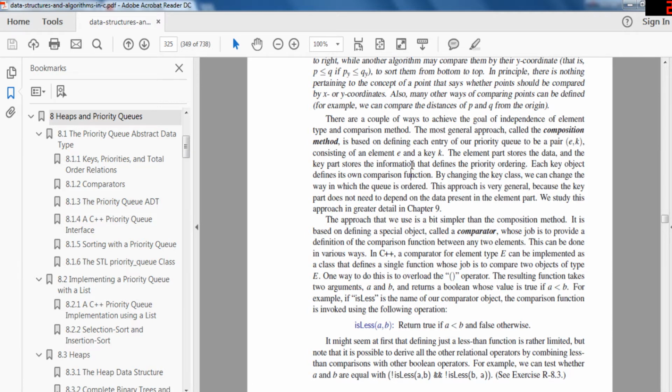Okay. The approach we use is a bit simpler than the composition method. It is using a comparator whose job is to provide various definitions of the comparison function between any two objects. This can be done in various ways. In C++, a comparator can be implemented as a class that defines a single function whose job is to compare two objects of the same type. Okay, so they're going to have a comparator function that overloads the parentheses operator, and this would just return true if A is less than B